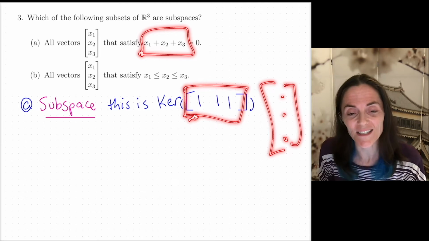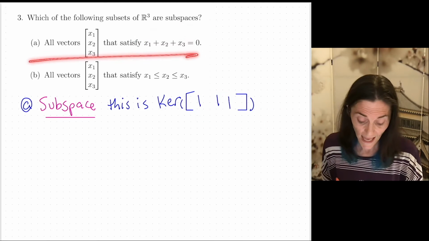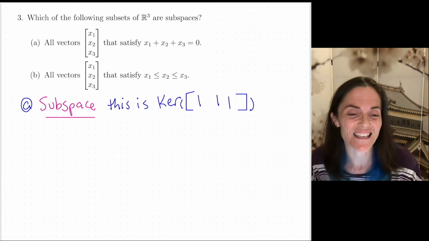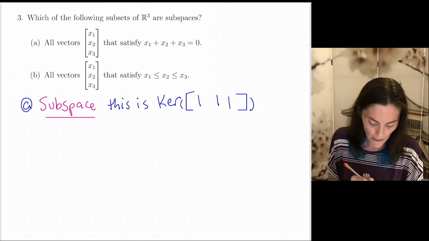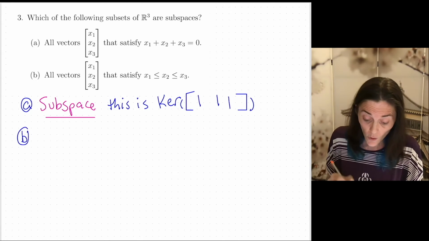And the kernel of a matrix is always a subspace. This set is exactly the kernel of a matrix. Yes, it is a subspace. Now, part B, the answer is no. And in general,